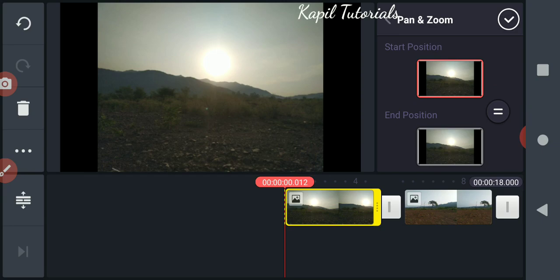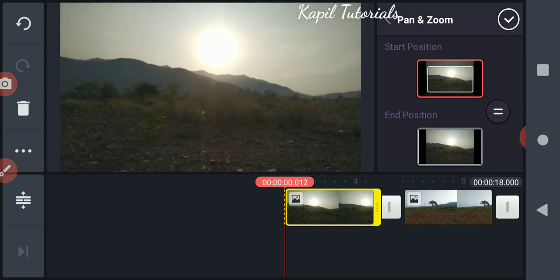As I click on this, you could see start position, end position. What I'm doing here, I'll put my two fingers on this pic. You just put your two fingers here, and just as you use in your mobile camera to zoom the pic, the same way I'll do here.